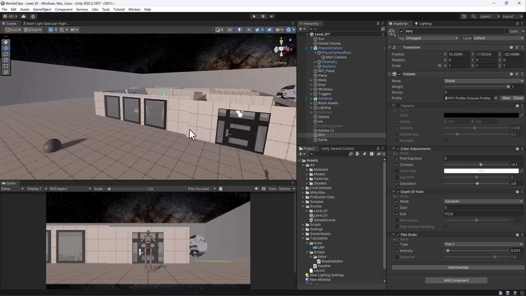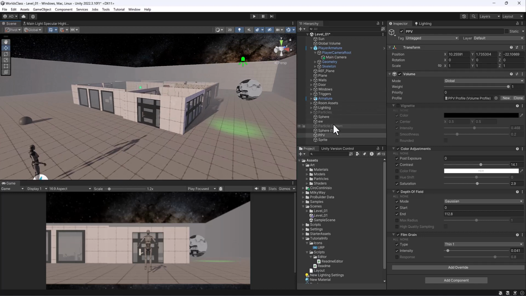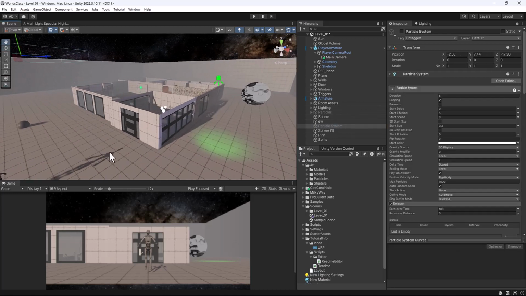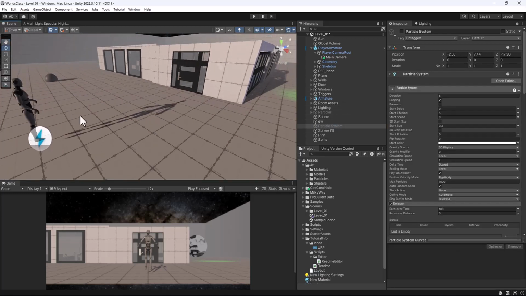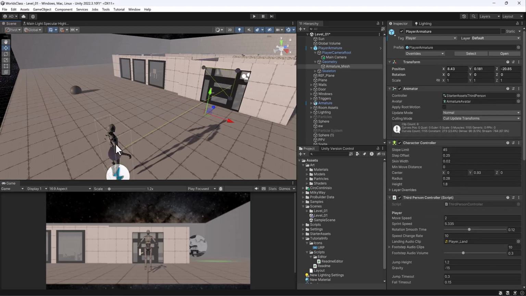All right, so last time we created a bunch of particle effects. In this one, we're going to start looking at shaders. Now, if we take a look at this little robot guy here,